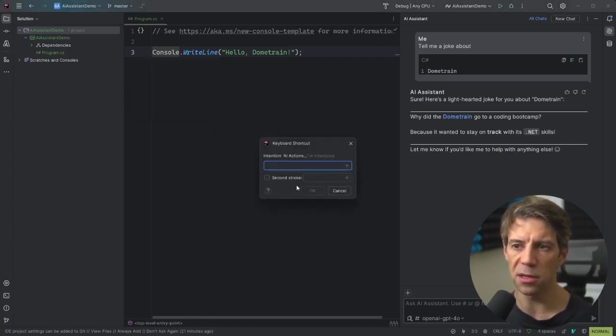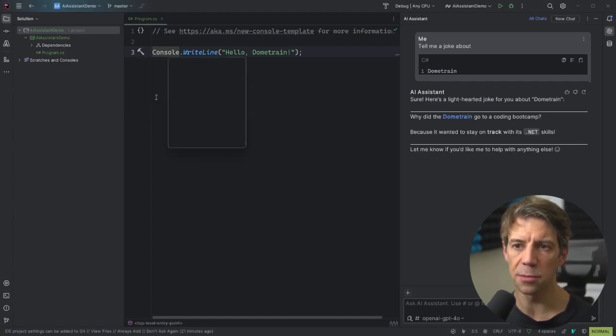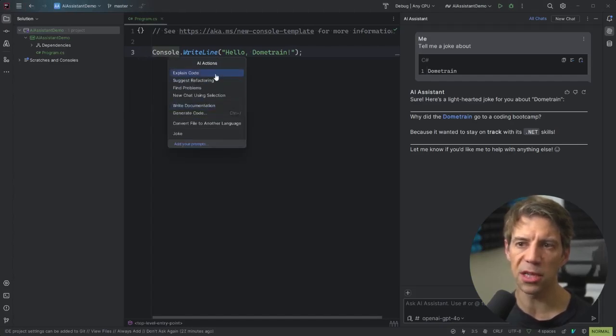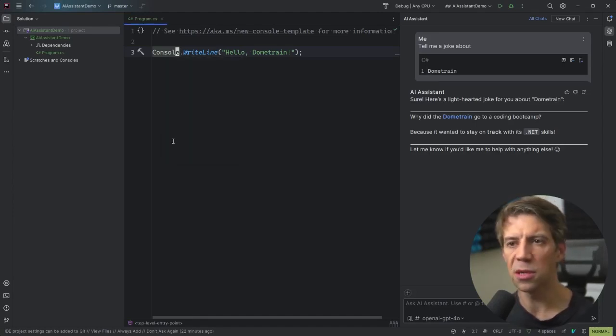So if you do that, this pops up. When you get that up, you get a bunch of options. You can say explain code, suggest refactoring, find problems with some code. You can start a new chat using the selection. So if you select a method or something, you can do that. You can get it to write documentation for you. You can do generate code, which I mentioned slightly before, but we're going to demo that soon with control and /. You can convert it to another language. And we've also got that prompt we created before and another hyperlink to take you to that settings page. So what we're going to do now is